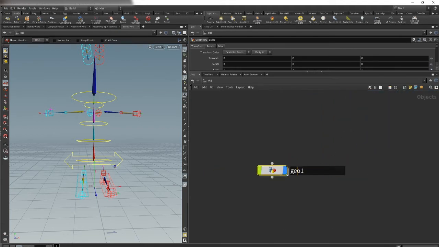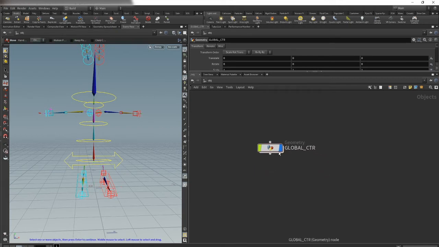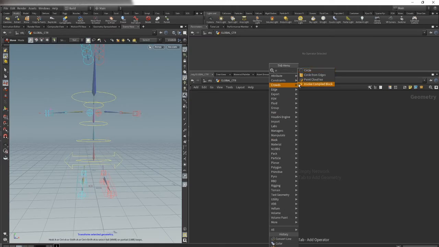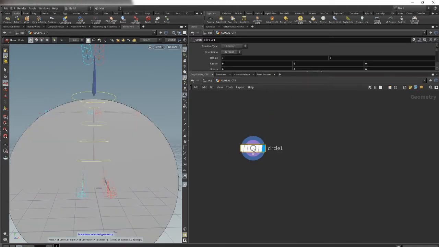I will rename it to global control. And now we can dive inside and create the circle. I will duplicate this. As you see, we need